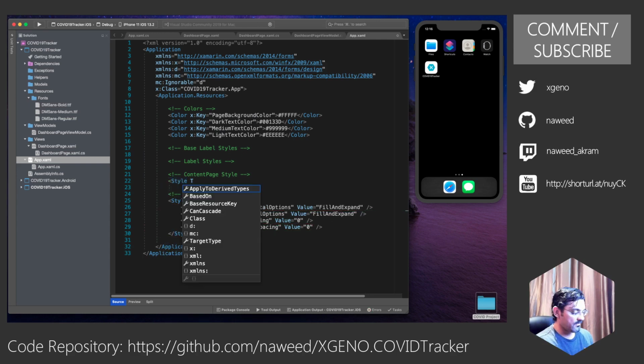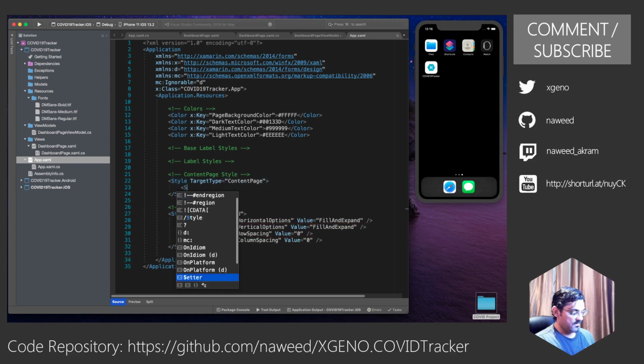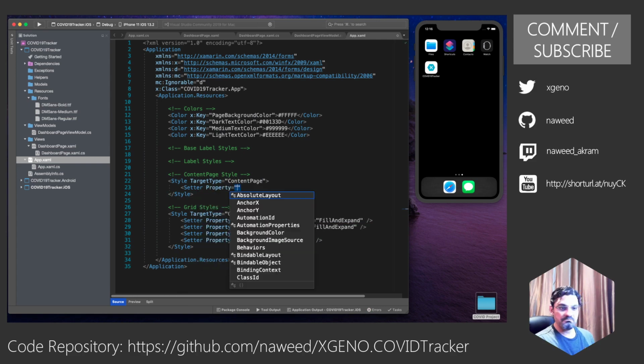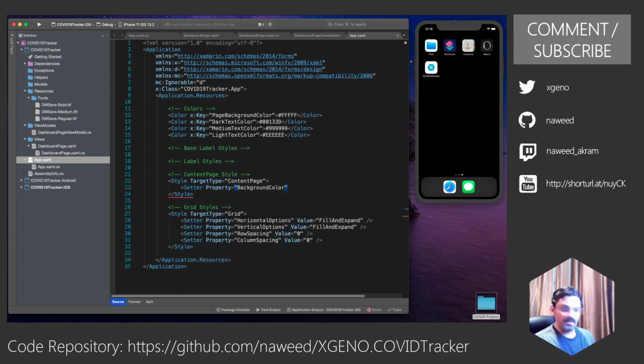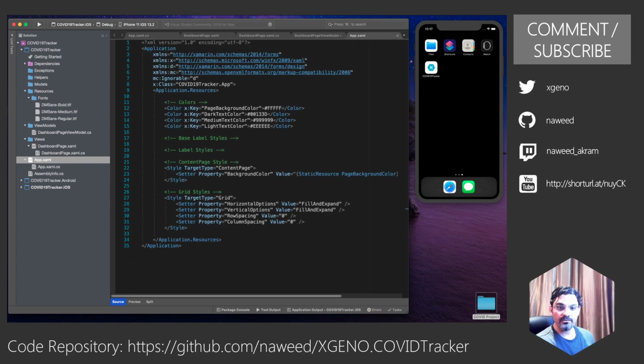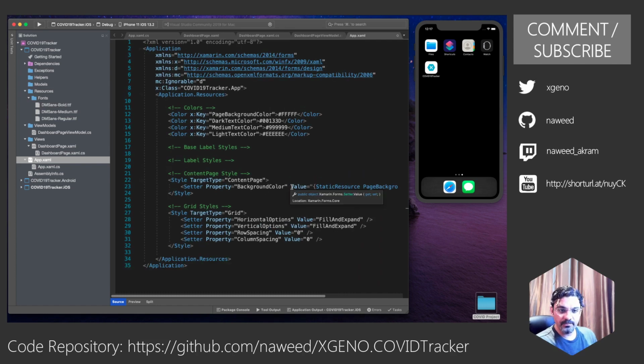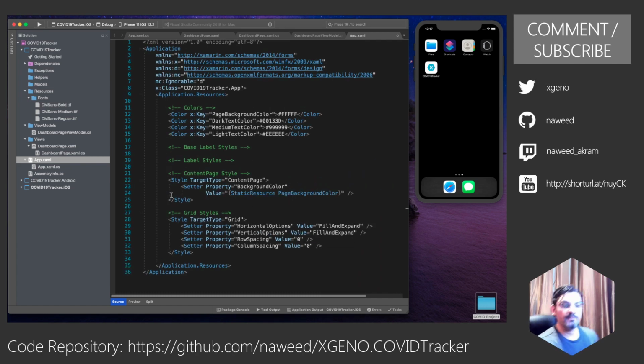So I'll say style target type is equal to content page, setter, let's say background color, and I want to give it a value of page background color. So all my pages are going to look exactly the same. So let's make it a bit smaller so that you can see. Here you go. Or we can separate them in different lines. Okay.